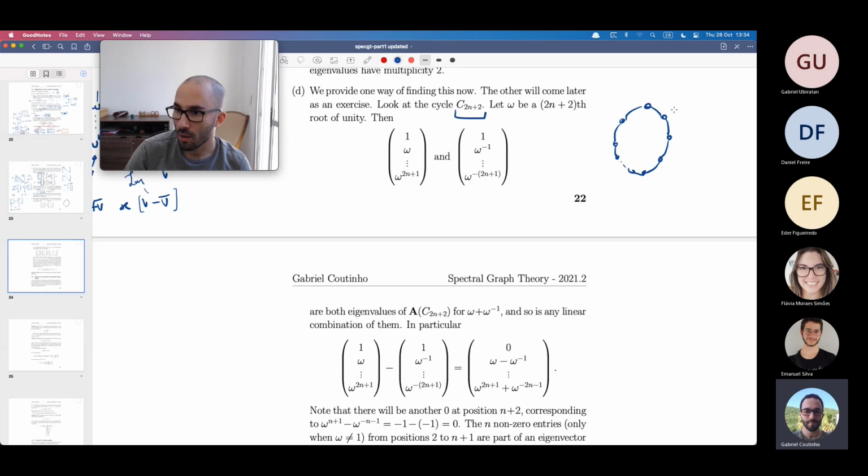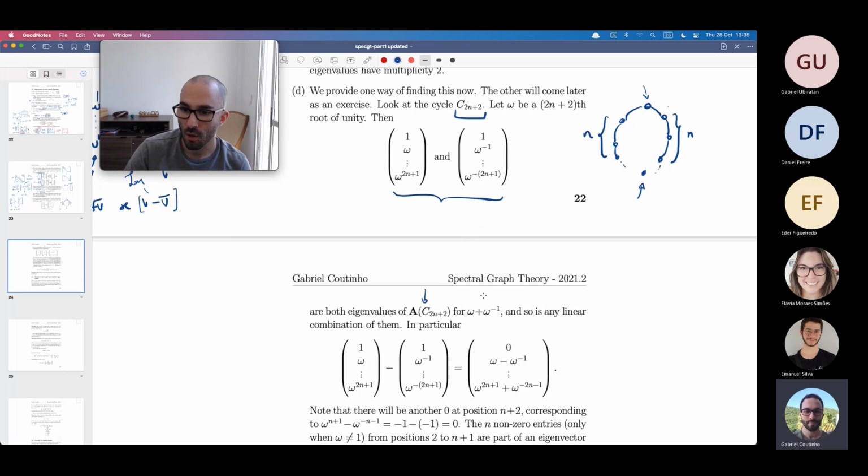Okay, and assume, let me do it like this. Assume that there are n vertices here, n vertices here, okay? Plus this one, plus this one. 2n plus 2 vertices. Now, if omega is a 2n plus 2th root of unity, then these guys are both